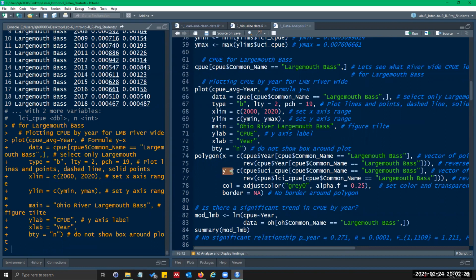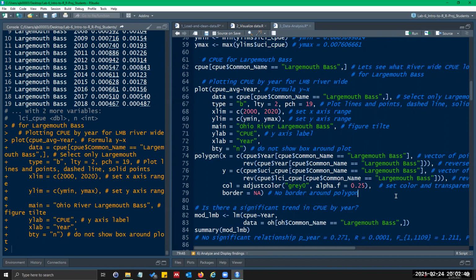And then for the Y, it's the same. You're creating a vector, except it's catch per unit effort. It's the upper confidence intervals, and then only for largemouth bass. And then the reverse for the Y coordinates is the lower confidence intervals for largemouth bass.